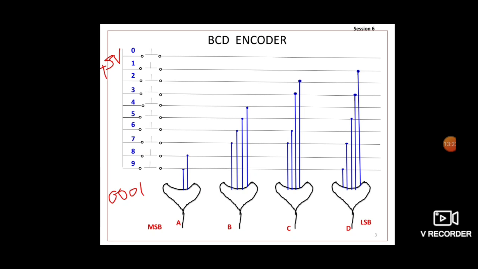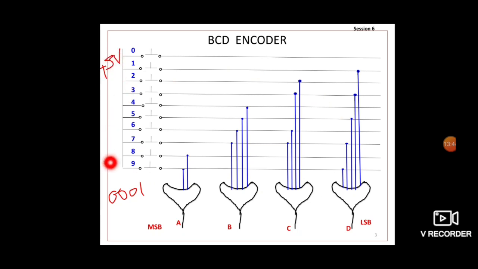I want the output in decoder form, meaning in original form. Suppose I press 9, then I want to display 9 on the screen. Then which circuit is used? The opposite of the encoder is the decoder. Student, understood this diagram? How to draw this diagram?